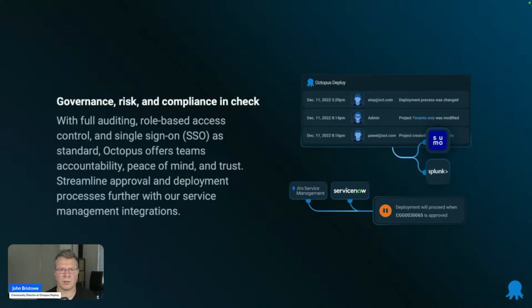We also integrate with other tools as well. Two examples that I highlight here, but there are many others, and I'll show you some of them: Jira Service Management and ServiceNow. So if you want to have ServiceNow, for example, act as the arbiter of when a release or a deployment actually occurs through a change request, you can simply pair it up with ServiceNow, and Octopus Deploy will be beholden to ServiceNow. ServiceNow will tell Octopus when to do a deployment based on a change request being approved in ServiceNow. So pretty cool stuff.